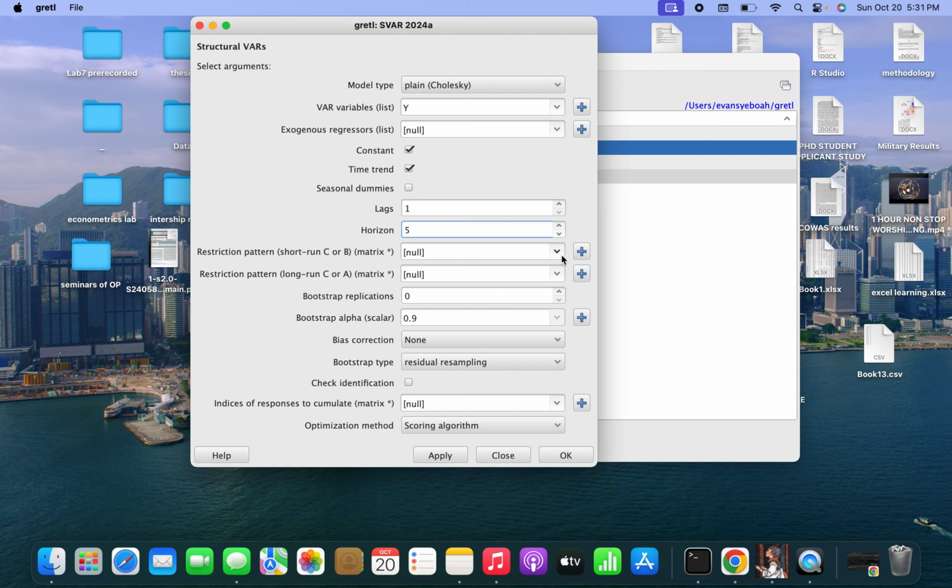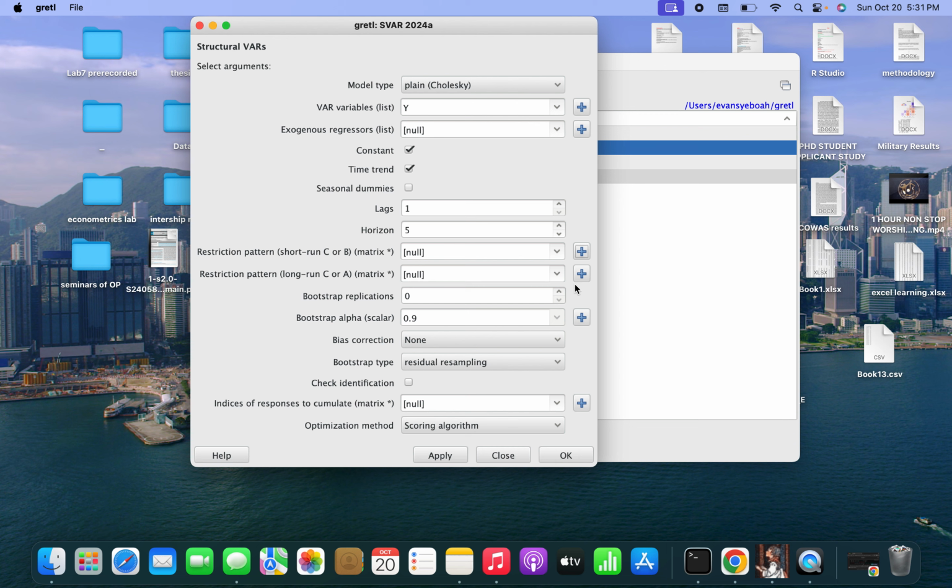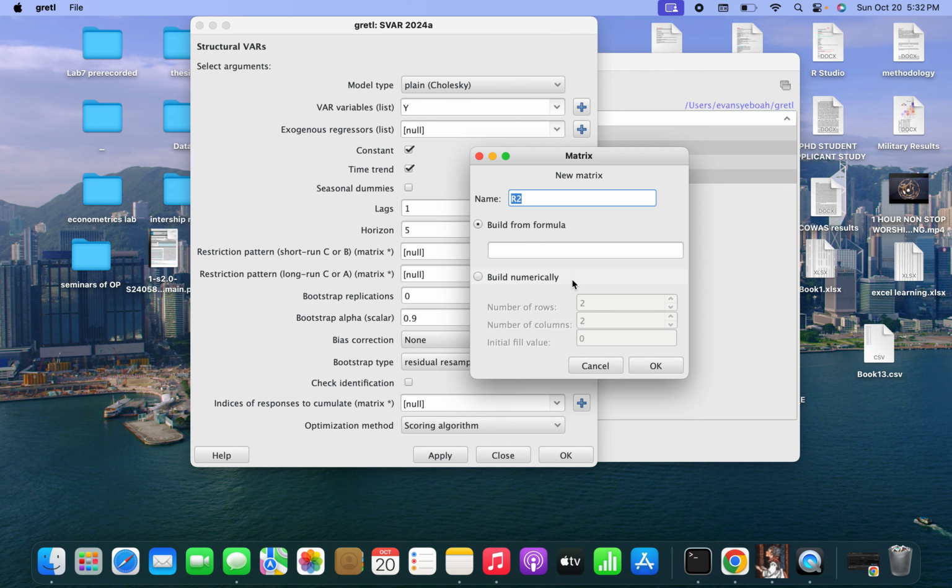Here I don't want to put any restriction on short run and long run. I'll just leave it the way they are. But if you want to, you can just click here as well, and then it will ask you to fill out all these things as well. The same thing goes for the long run as well. You have to do the same thing. And then